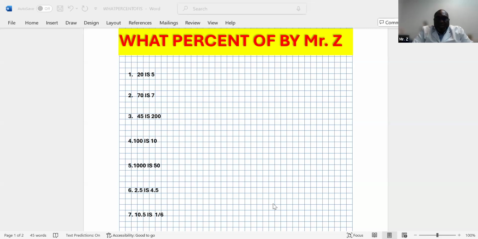Dear friend, today we're going to learn how to find a percent of a number. What if they ask you, what percent of 10 is 50? They are not asking you 10% of 50, but they're asking you what percent of 10 is going to be 50. Is it going to be